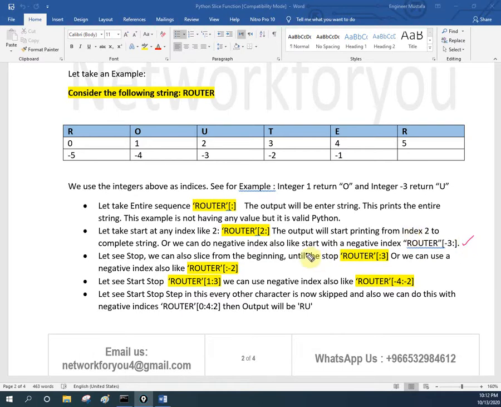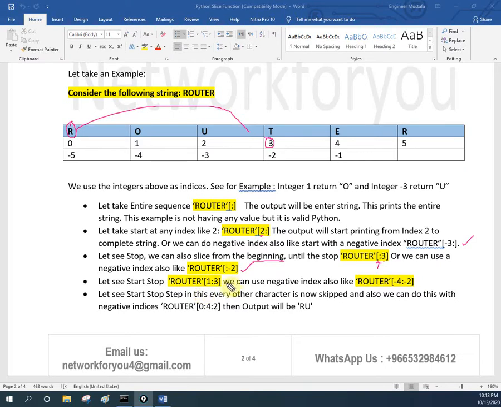Okay, so now let's see the stop value. Now we defined only the start value. So how can we do the stop? We can also slice from the beginning until the stop. I will keep the beginning empty and put 3 at the ending. So it will start from R, but the ending will be till value 3. We can use negative values also.